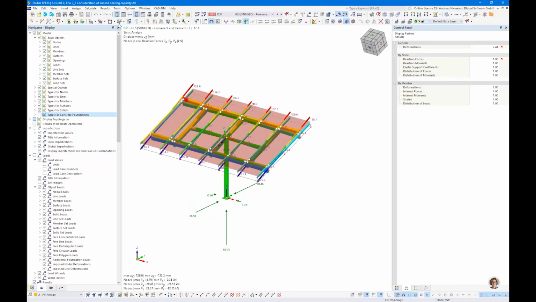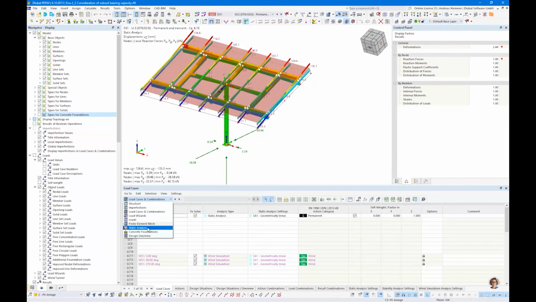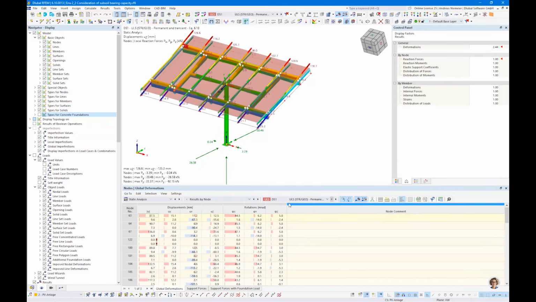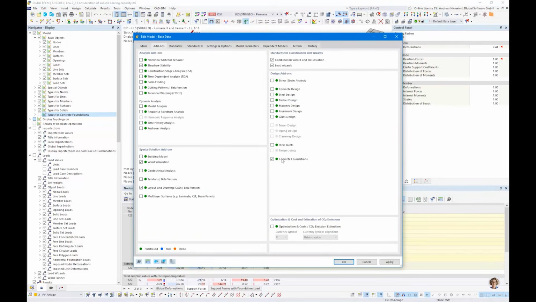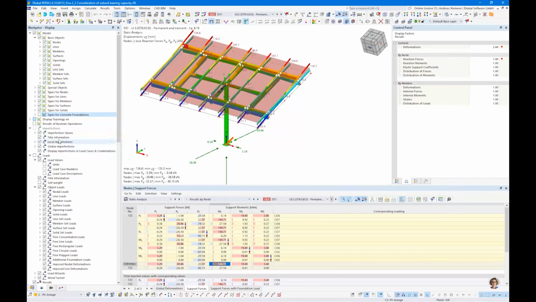Let's hide this. You see, if you check here the static analysis result by node for ULS, you get a set of support forces with this extreme. So not only support forces, but also bending moments, really big bending moments. And this bending moment should be taken from the soil or from any foundation, and for this you can activate in the base data here concrete foundations, and after you activated the concrete foundations, you can